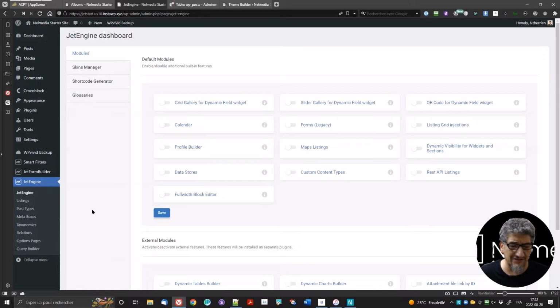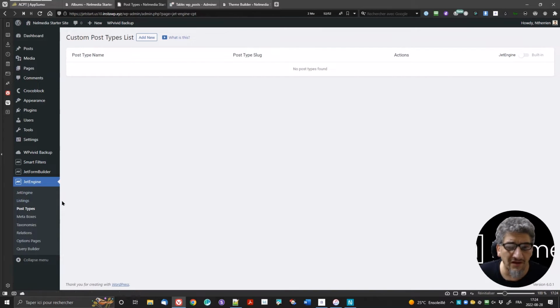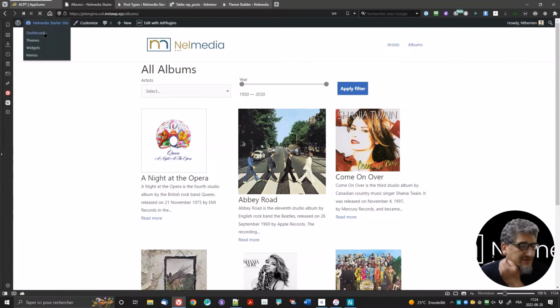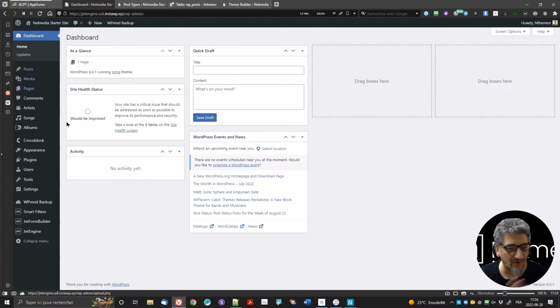What I really want is the post type. So you have it right there, the custom post types. I'm going to click on post types here to be able to create my custom post types. And as I mentioned, we will create different custom post types. We will create, in fact, 3 post types here. One for the artists, one for the albums of those artists, and one for the songs that will be